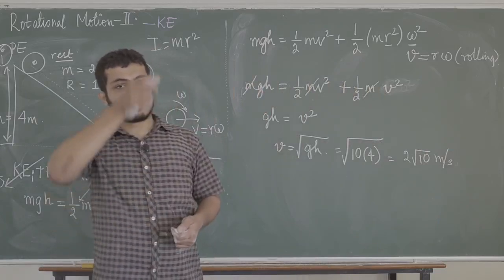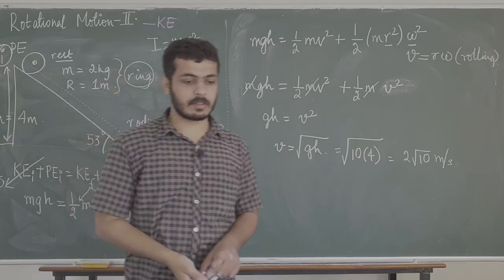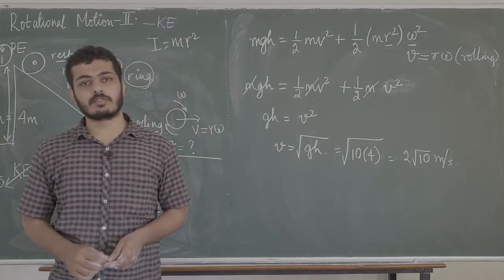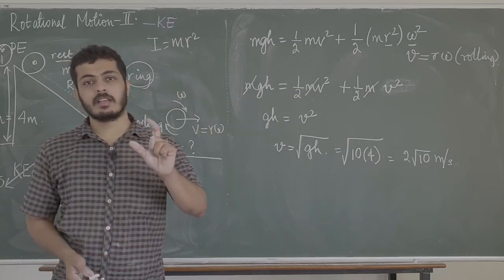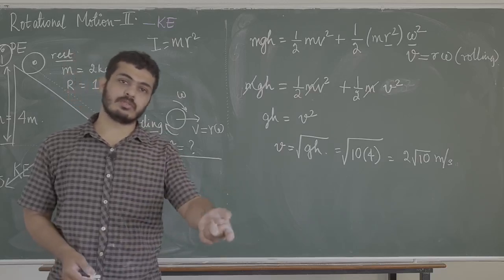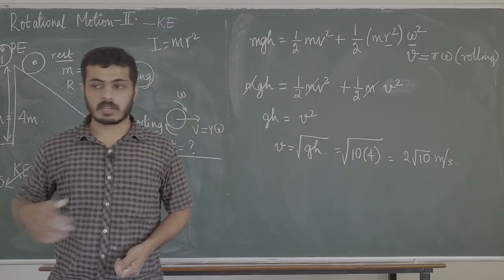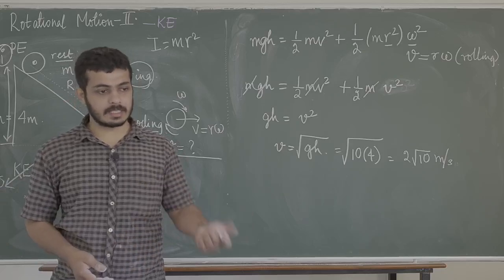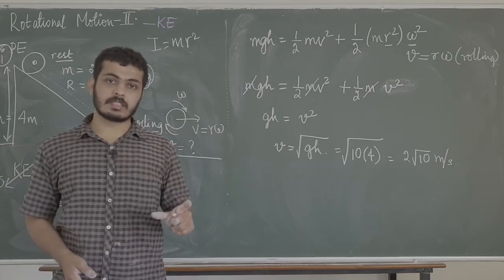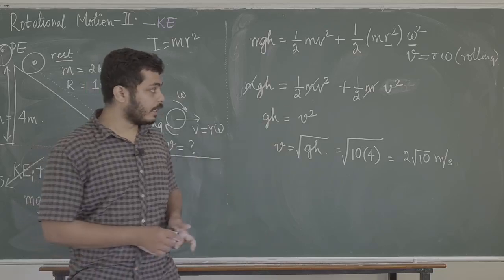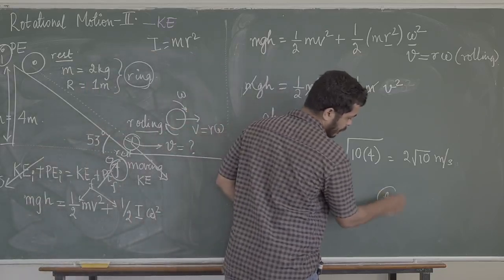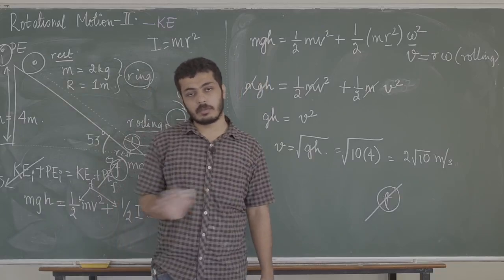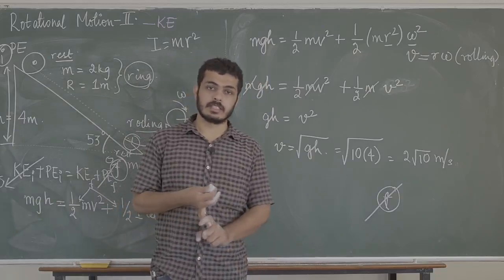So when you are given questions on rolling, when you are given questions on rotational motion, or even normal questions, what we do is we normally choose energy as a method of solving if you are asked what is the velocity. If you are asked what is the acceleration, then we choose force. If you are asked what is the velocity, what is the distance covered, then we will use the energy approach. If you are asked what is the force applied, what is the acceleration, what is the time taken, if time is asked, you cannot use energy, because in these equations there is no time anywhere, there is no time dependence. So if time is asked to you in a question, you cannot use the energy approach. The energy approach can only be used if you are asked velocity. If you are asked distance, then you'll use this approach.